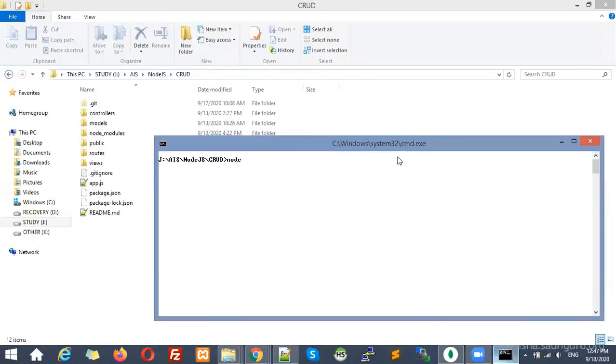So directly I can write node app.js. Once the app starts, we can see that process. It is also on the same port. We have closed that app and we have started this one.